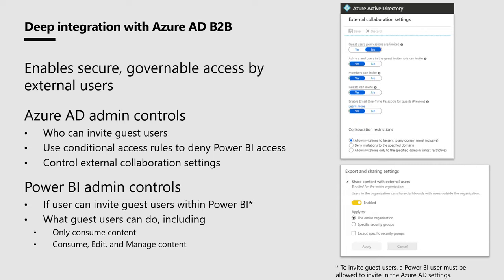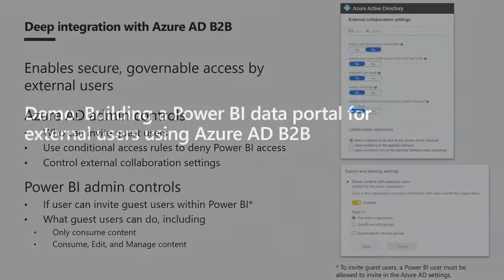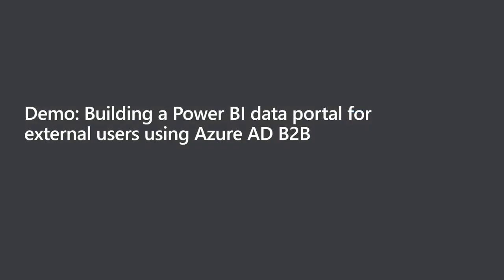So once a guest has been added to your account, and the AAD administrator has decided that person should be part of a security group, if you add that security group to a Power BI report, they're going to have access. So we have to understand how these things work together. In Power BI, you get some options to turn that off and configure that, and I'll show you what those are in a second. So with that, let's go do a demo.